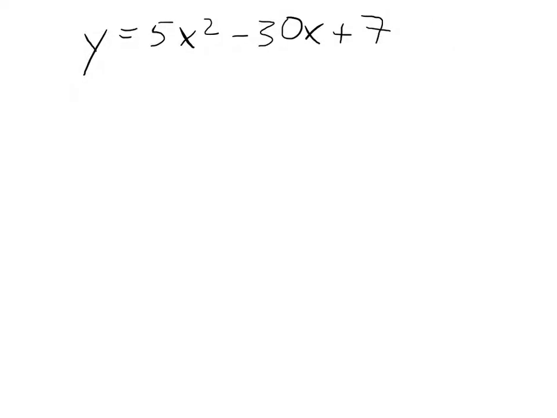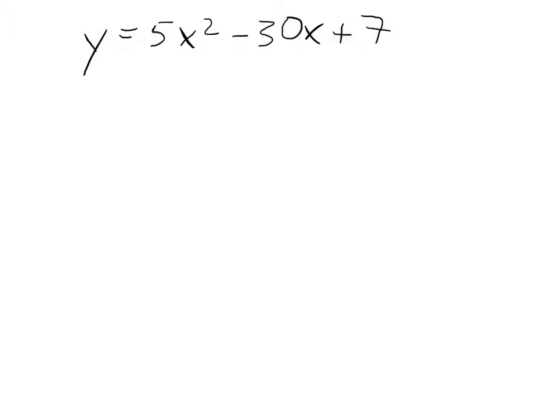I'm just going to review some of the concepts we learned yesterday on how to complete the square. Completing the square, remember, is just a simple way to put an equation in standard form back into vertex form. So when we're looking at an equation like the one above, y equals 5x squared minus 30x plus 7,